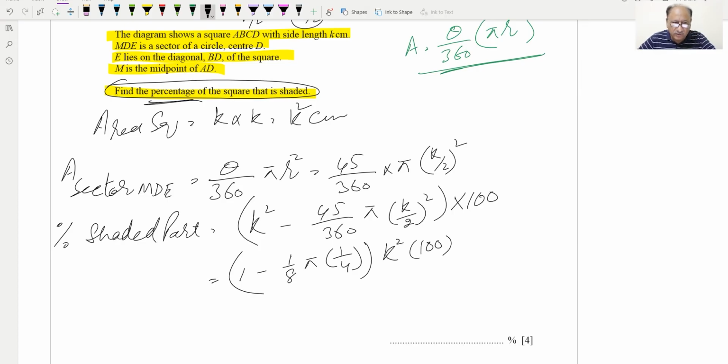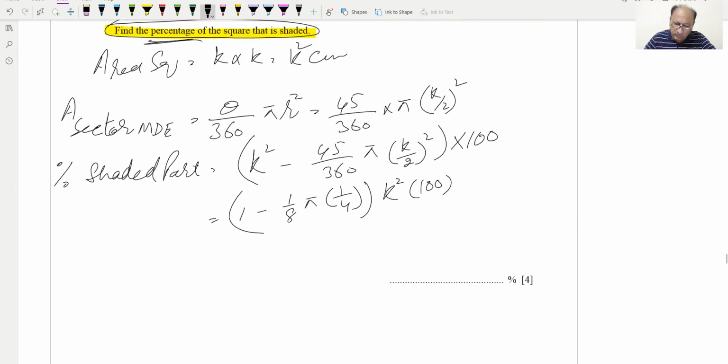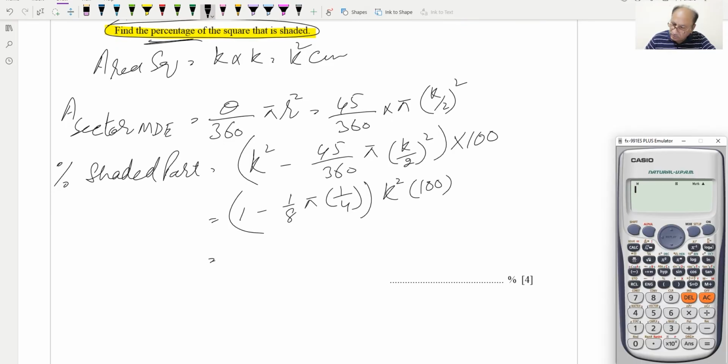And now we can simplify this, and this will be, we can write in brackets 1 minus 1 over 8, and there is pi, which is this one, and multiplication 1 over 4 as well, and this is multiplied by 100, and this is equal to